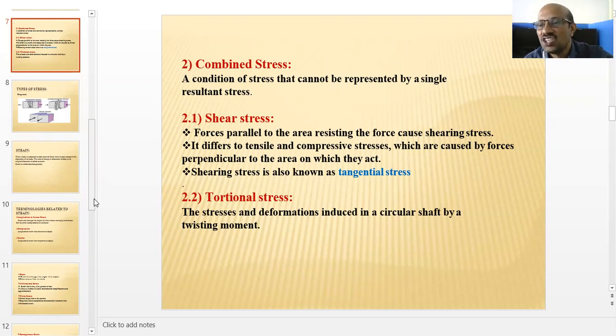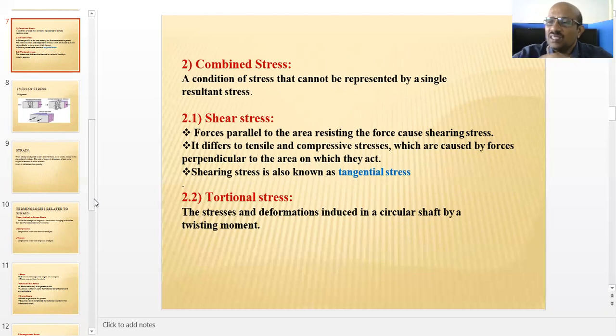What shear stress will be there? We will see. Generally, shafts are subjected to shear stress and to torsional stresses. Whenever you apply the load, vibration will occur in that machine part. At that time, the shear stress will occur in that part.